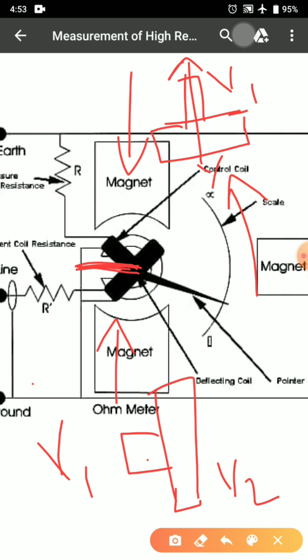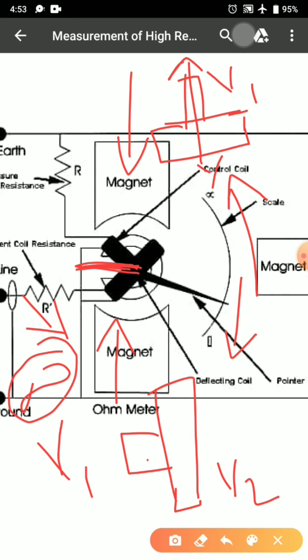magnetic field. Now here we can see when it is at infinity, very little torque is exerted on V1. At infinity position, very little torque is felt by the voltage coil V1. The torque exerted by the voltage coil increases as it moves to a stronger field. When the pointer is moving to 0, V1 will move to a stronger field, and because of this the torque is maximum when it is directly under the pole phase, and under this condition the pointer will move to the 0 end of the resistance scale.